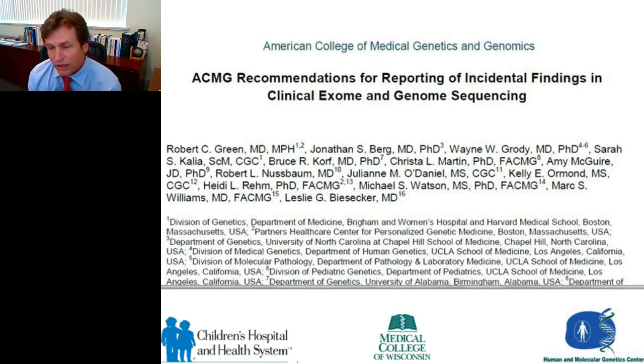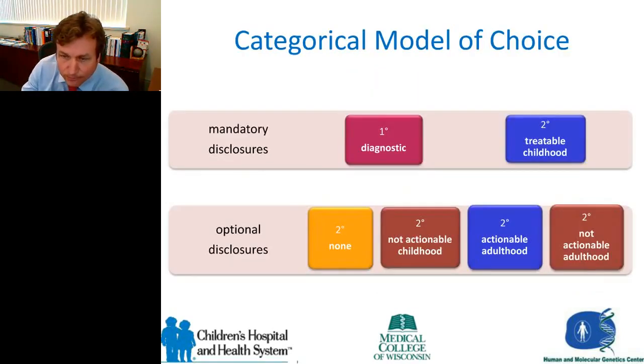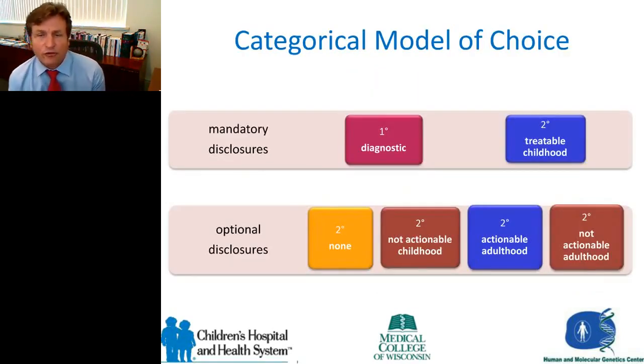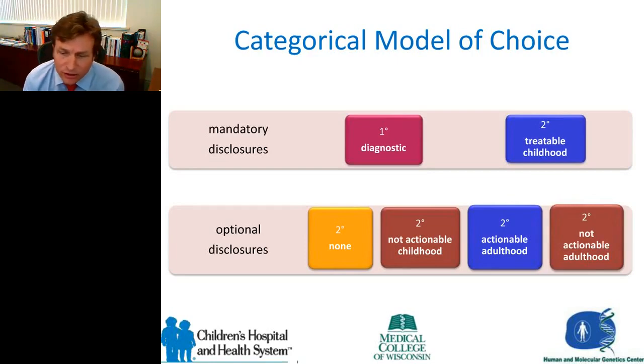And so I think we could have a long discussion, and maybe in some of the questions that will come up, there's a lot of discussion around this. And I think it's premature to make categorical decisions about how we must do this. I think as a field we have to be careful and really do some experiments around this. And so we've done that. We've been looking at a categorical model of choice. Our ethicists find this to be an acceptable strategy.